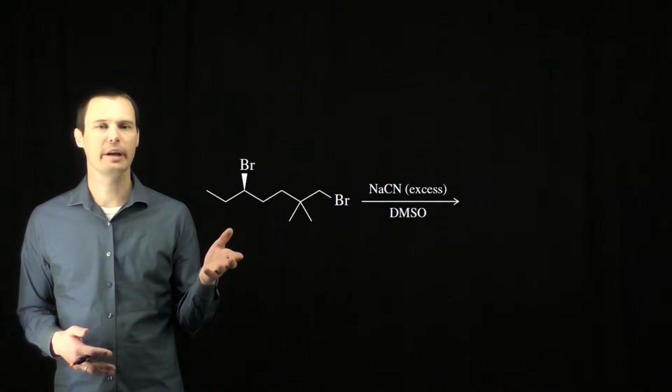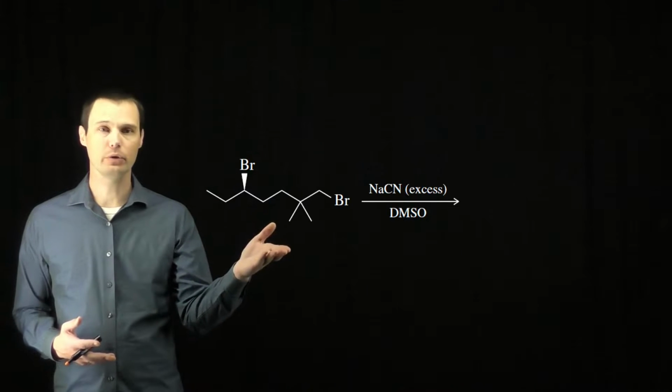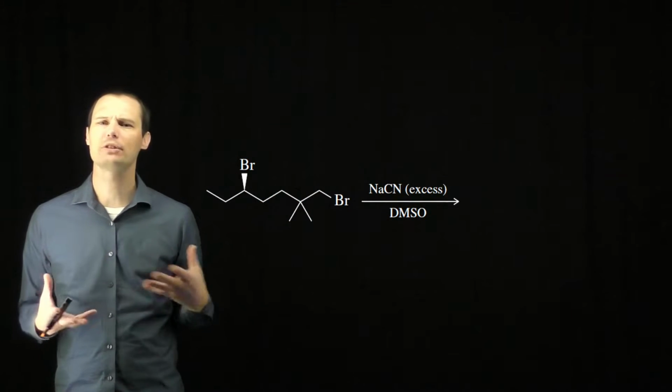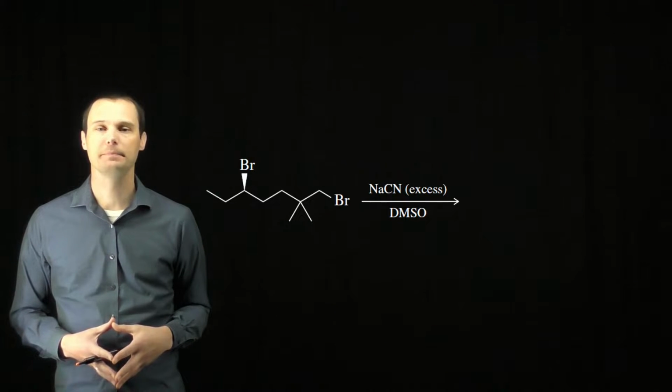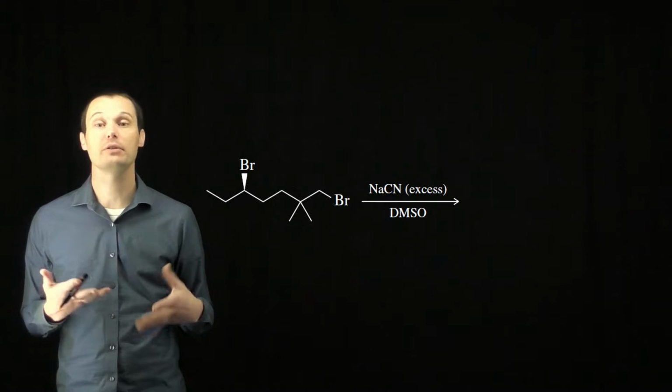The question tells us that this reagent will only react with one equivalent of the cyanide anion, even though there are two leaving groups, and even though we're using an excess of the cyanide nucleophile. It's supposed to rationalize why that is and predict the actual product. You might be tempted to think the reaction will occur at the primary bromide because primary bromides are typically less